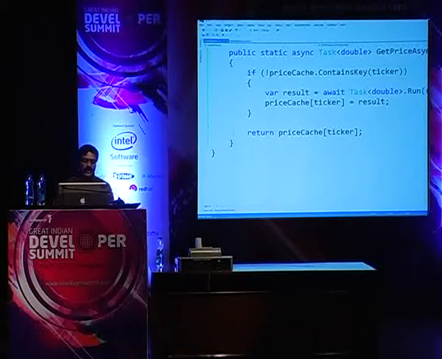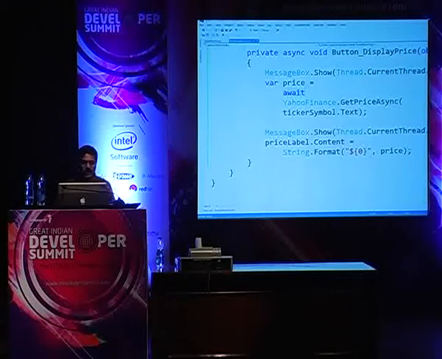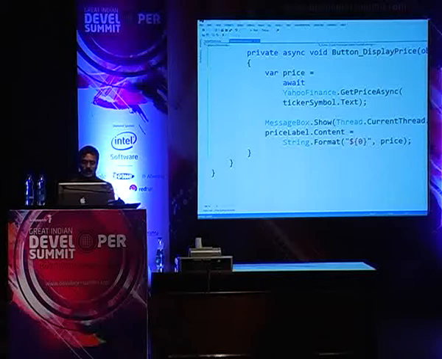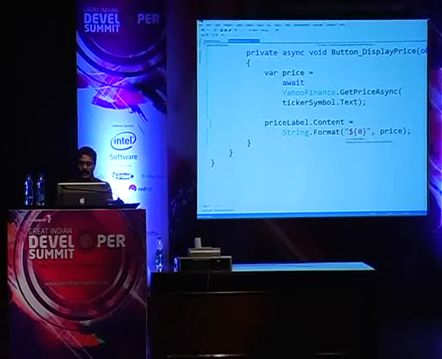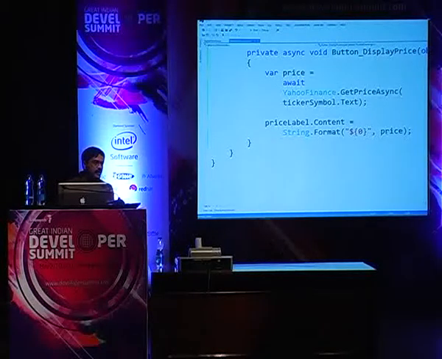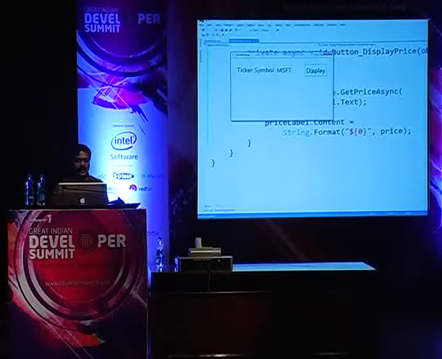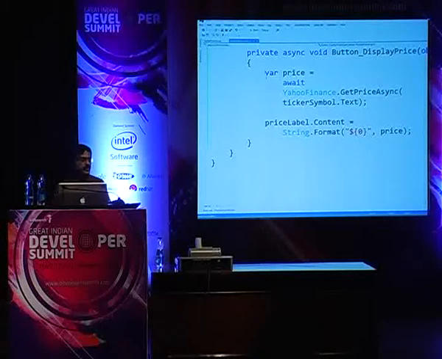Going back to the other side of the code now, if you notice over here, what are we doing? We can get rid of this junk here, and we are saying go await on the get prices data, and when the data comes, just stick that into this value here, because that's where I want to display it. So going back and running this example, we got this working, we got a delay of 2 seconds, and then we have, of course, the result displayed back, and you can see how close this code is to the synchronous code. And of course, you are able to optimize on this as well.